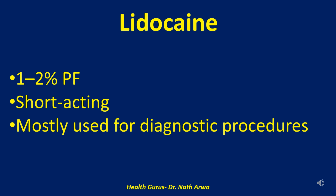In pain management, lidocaine can also be administered intrathecally to help differentiate neuropathic pain from nociceptive components, especially in cases of complex regional pain syndrome, abbreviated as CRPS, or failed back surgery syndrome. While generally well tolerated, lidocaine's rapid CNS penetration can lead to tinnitus, perioral numbness, or even seizures, if inadvertently given intravascularly or in excessive doses. Always aspirate before injection, monitor for adverse neurologic signs, and ensure resuscitative equipment is immediately available, especially in high-risk or